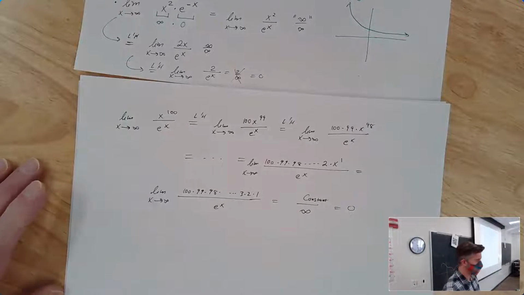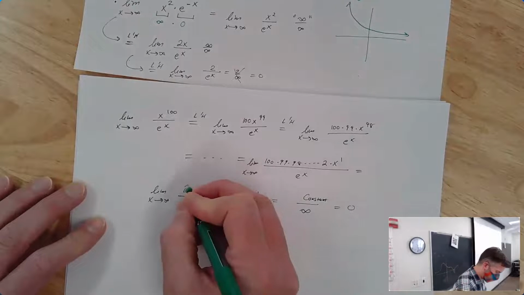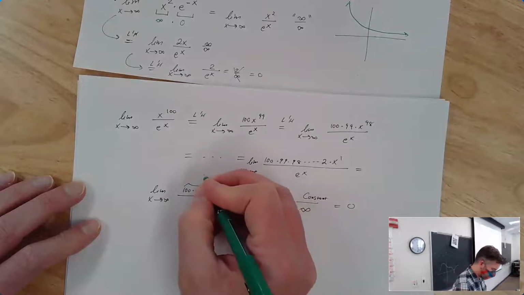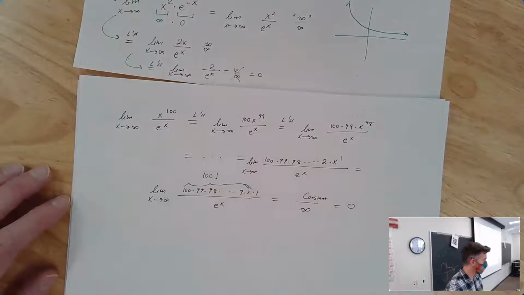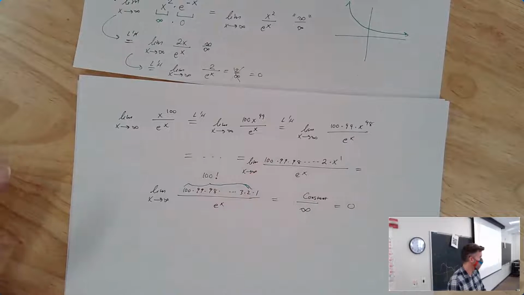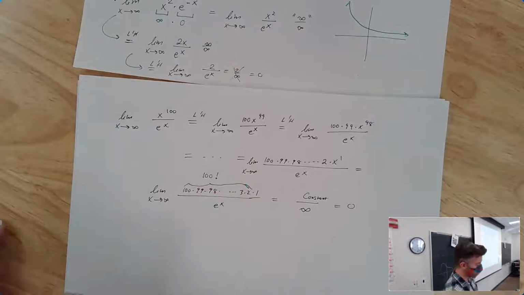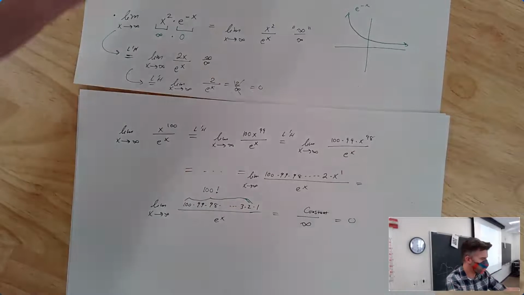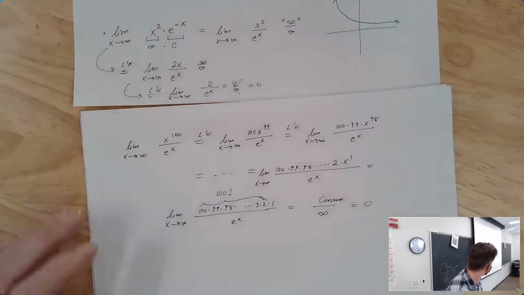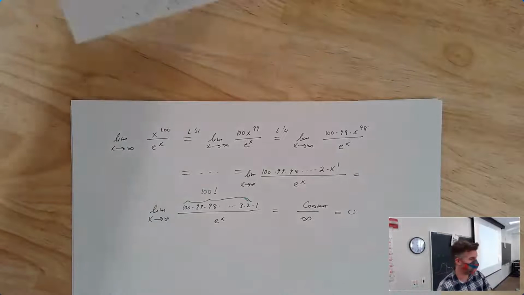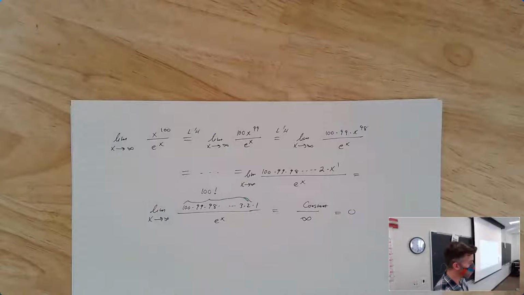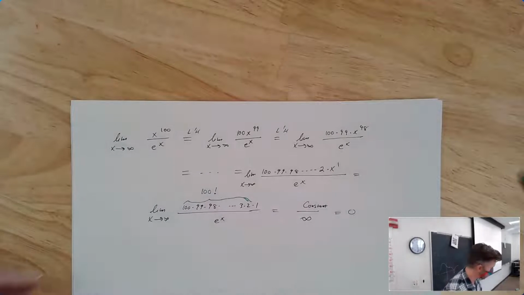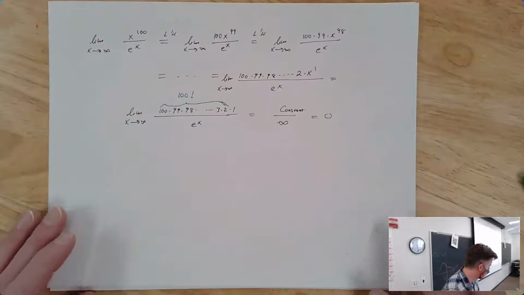I should point out, because this will come up later, this number here specifically, 100 times 99 times 98 times all the way to 3 times 2 times 1, there's a name for that. It's 100 factorial. When you have a number with an exclamation point after it, we read that as that number factorial. And it literally just means that number times the next smallest number times the next smallest number all the way down to 1. That will come back in 17C, in the last 3 weeks of 17C, when you start talking about counting things and probability and combinations. It's not a huge deal, but it will come back around.